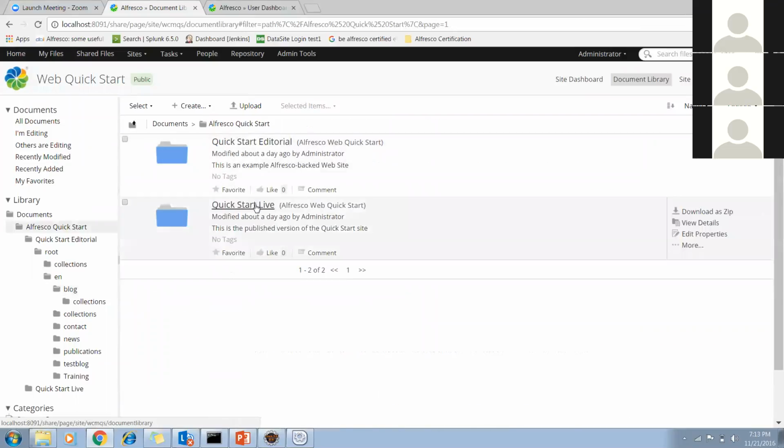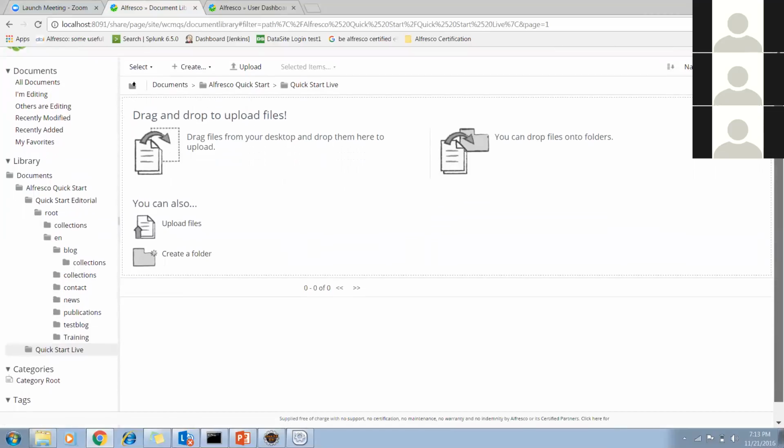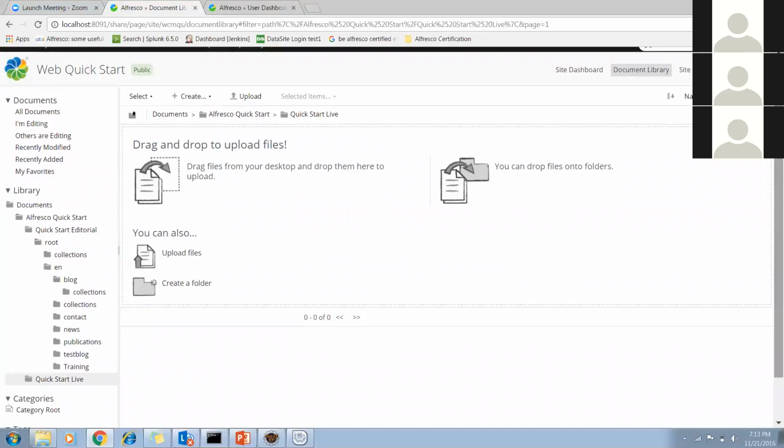So click start live. No, I don't see. I think because there is no folder structure in the quick start live, so first you need to import the folder structure. So means the folder structure whatever is in the editorial, right? Yeah, whatever is in the editorial is not there in live, so it is not showing up here. Okay. So this is UI level, apart from that you don't know.